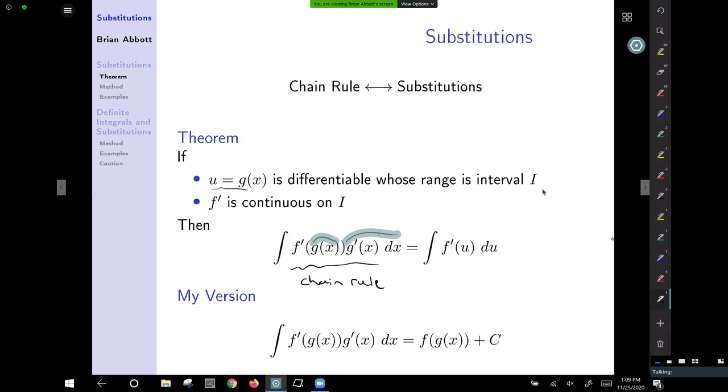let me use some colors here. They took g of x and turned it into u. Okay, so if you replace the entire function with this, then all of a sudden there's no more x in here, but only a u, and so the differential gets replaced as the entire derivative g prime of x. So I always found that a little bit hard to see and kind of complicated. So we're going to do examples to get to the bottom of this really, but this is just the idea